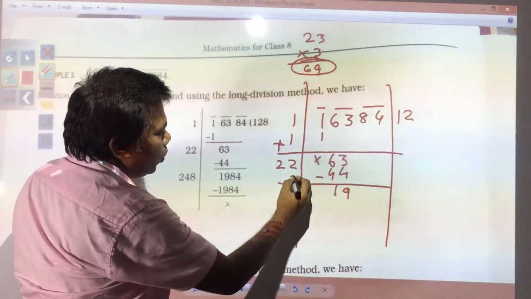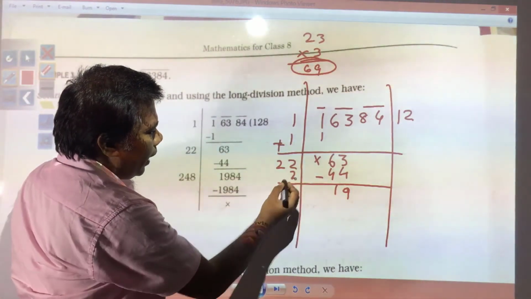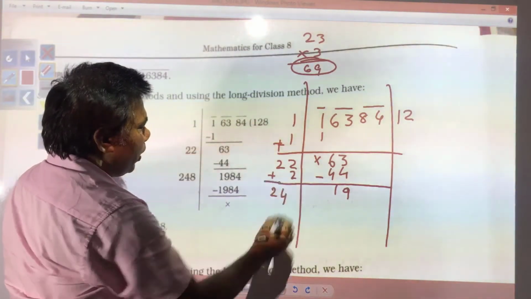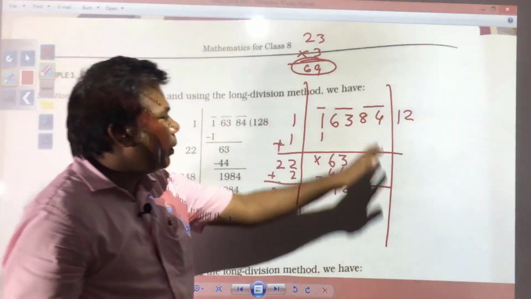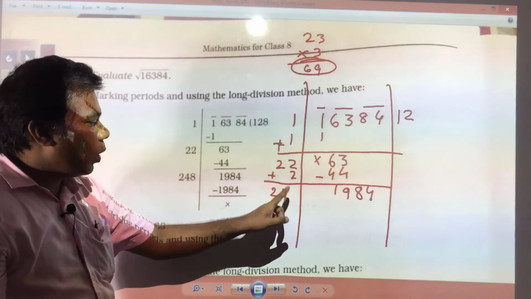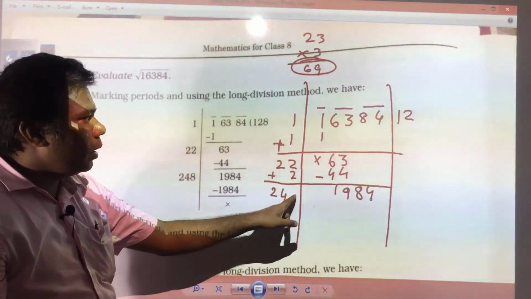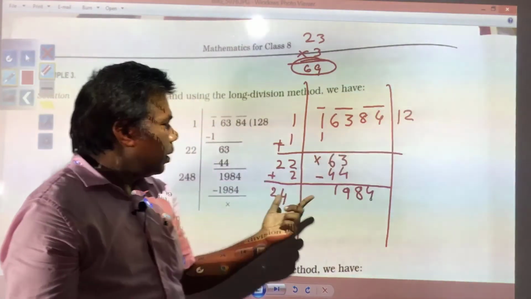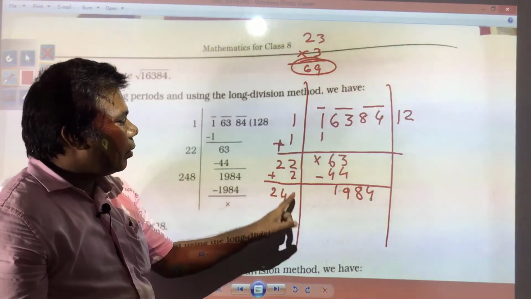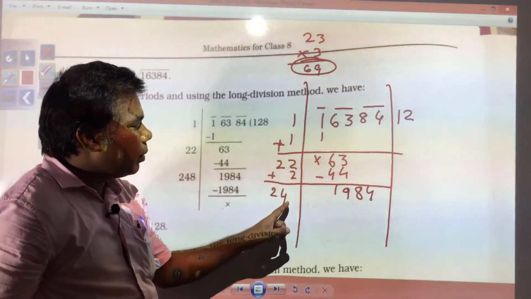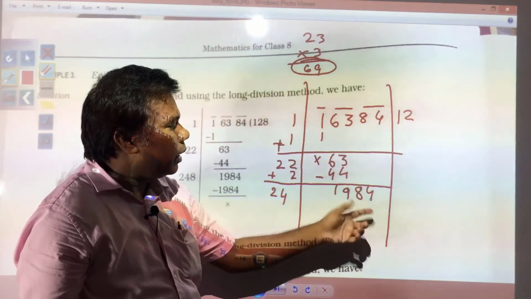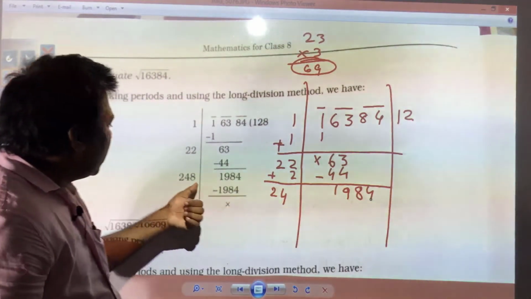Here again that 2 is required to be written, it is required to be added. 2 and 2 you got 4 and this is 2, 24 you have got. Now, next period you have 84, this is required to be taken down. Now, you see again what number is required to be put over here, so that if you multiply the same number, your divisor will become 200 something, here 47, 48, 46, whatever, which number will come, and then you multiply and see whether up to 1984 is coming or not. So, here 8 has been written.